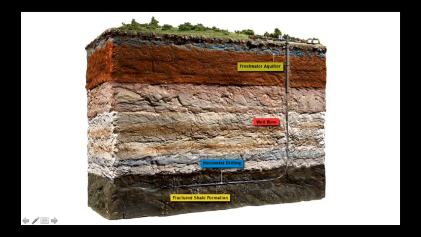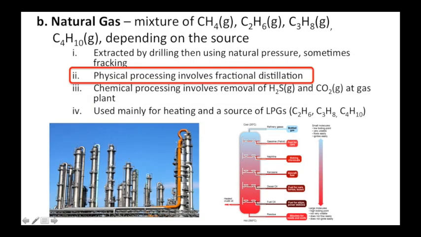I like this picture. It's a cool picture. Now, it's amazing that we can do this drilling where we go horizontally. Anyway, some of the processing we're going to talk about later. You'll see this tower a little later. It's called fractional distillation. We can separate natural gas into its components, and we'll talk about that a little bit